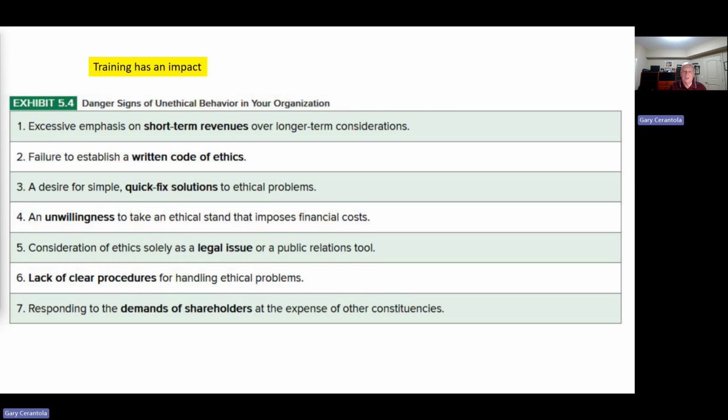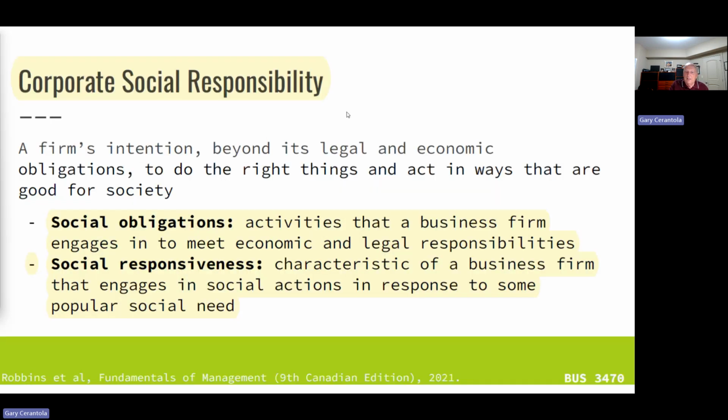There's research out there saying, if you train your people on ethical behavior, they will be a lot more informed and will understand alternatives to getting around issues, and staying on the good side of ethical behaviors. And training has a big impact on doing that, and it's been proven to help organizations that are international or on the global scene. Let's talk about corporate social responsibility.